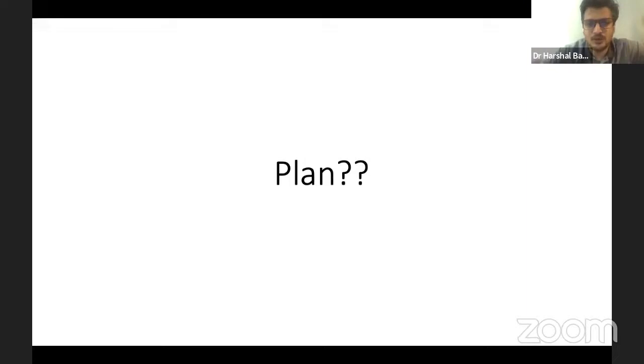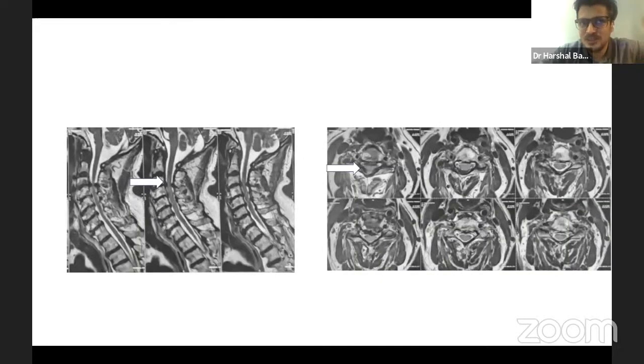Perfect. So just to divert a little bit more, this was a symptomatic cervical and symptomatic lumbar. But what if, Dr. Sheetal Mohite sir, it was a symptomatic lumbar but an asymptomatic severe cervical compression, what would be your plan? The patient has no symptoms at all, no signs, just maybe brisk reflexes.